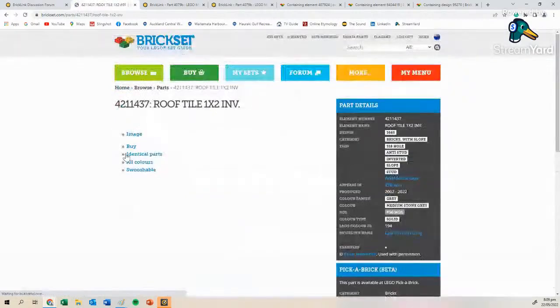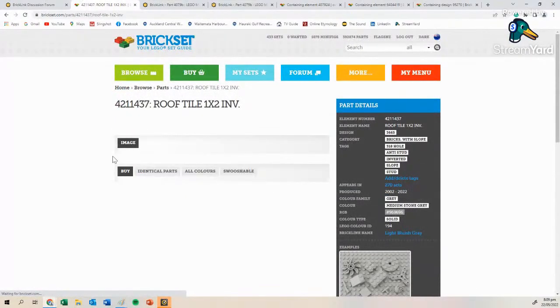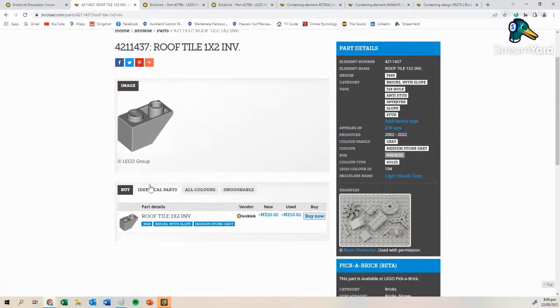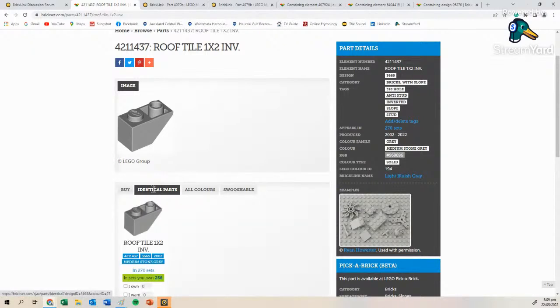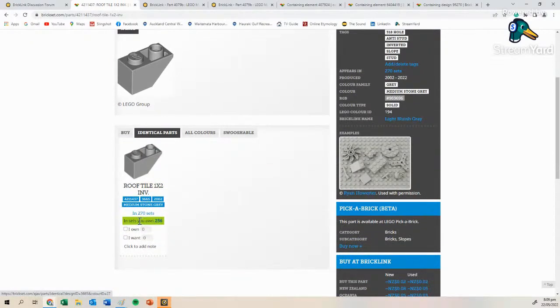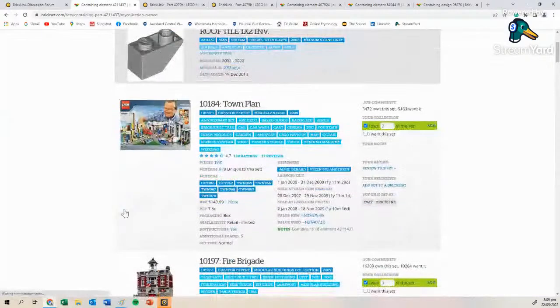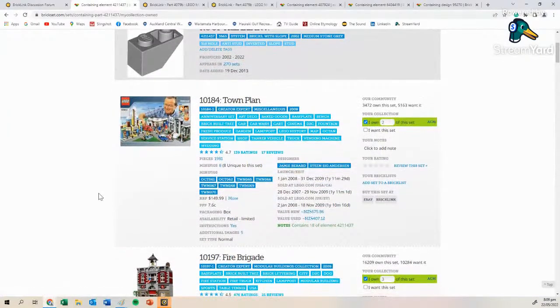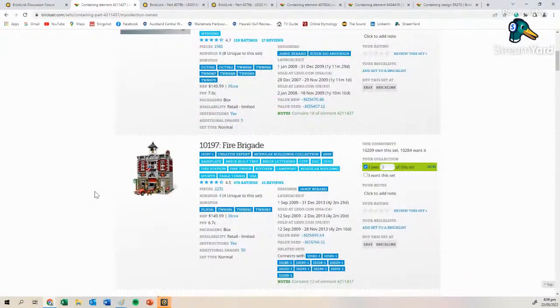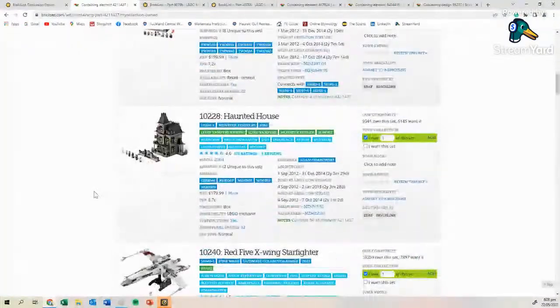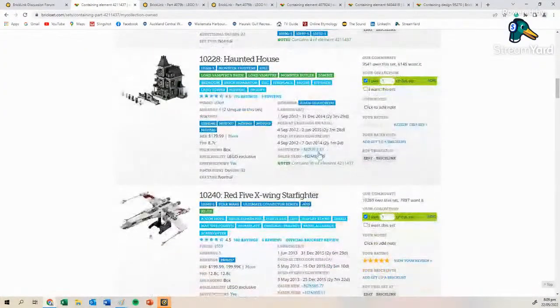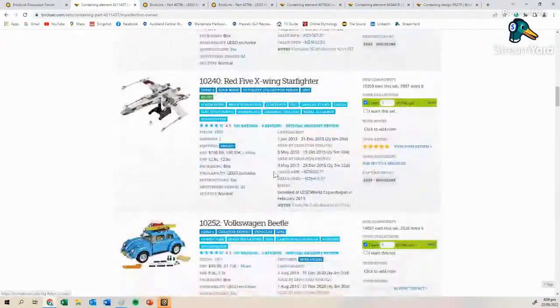I clicked on that, and I clicked on identical parts, and I had them in these sets. So I click on this number here. So what I was able to do was look at the sets that I own and say, oh, well, okay, I want this bit. And it told me everywhere that this part existed, and I could go and raid it off